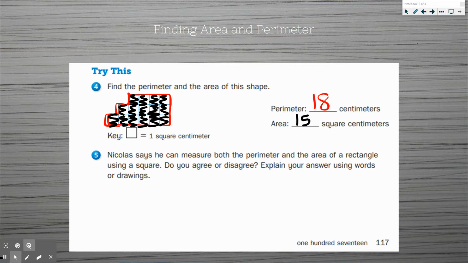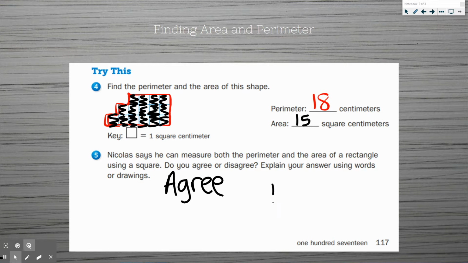All right, number 5 says, Nicholas says you can measure both the perimeter and area of a rectangle using a square. Do you agree or disagree? Explain using words or drawings. So first, I want you to tell me, do you agree or disagree? I agree with Nicholas. I do believe that you can find the area and the perimeter of a rectangle using